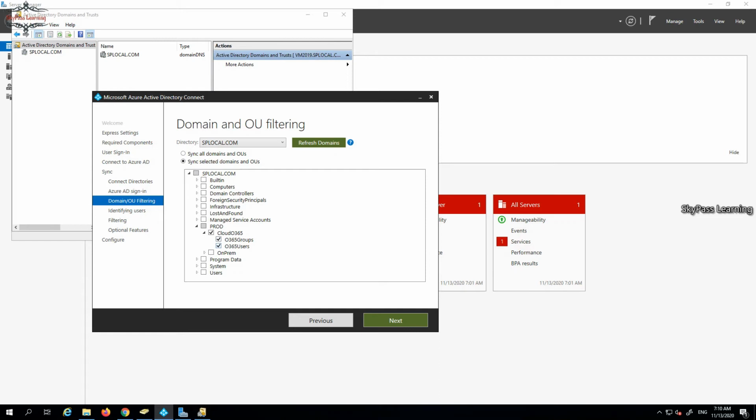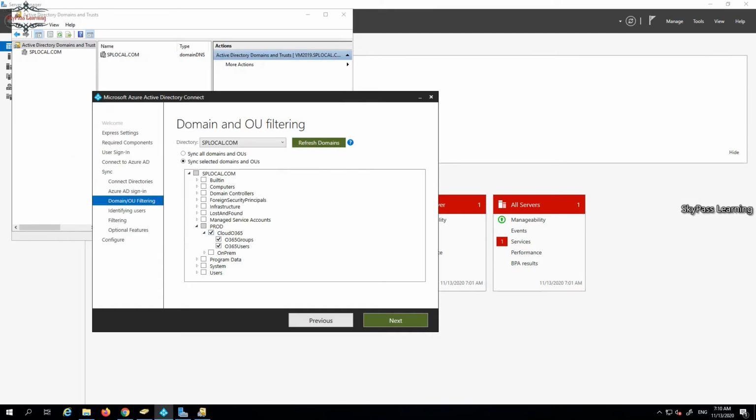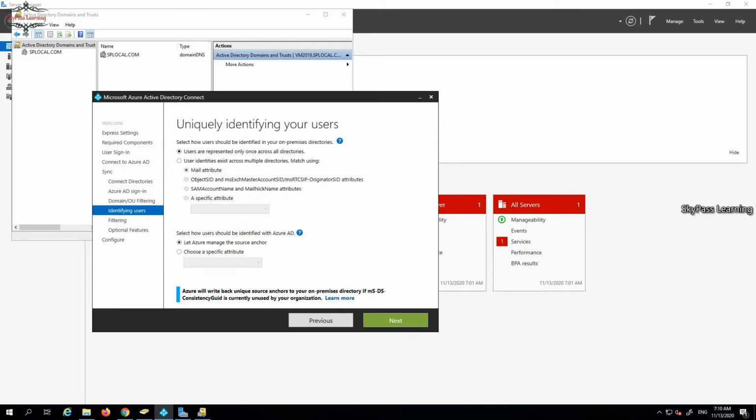So I have taken the specific user group, which I have shown you here, Cloud O365, and this is an approach used by most organizations when they are trying to sync the environment. They always use specific OUs in the environment to sync to the cloud. Just clicked on next.